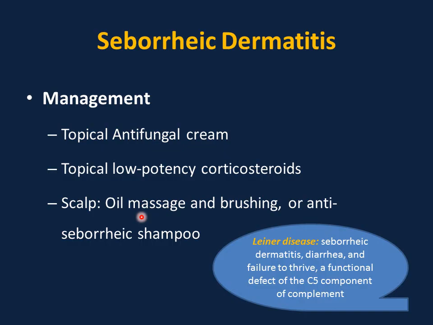the amount of scales. If you are treating a patient with seborrheic dermatitis that is resistant to the treatment and associated also with diarrhea and failure to thrive, you should think of complement deficiency C5, which is well known as Leiner